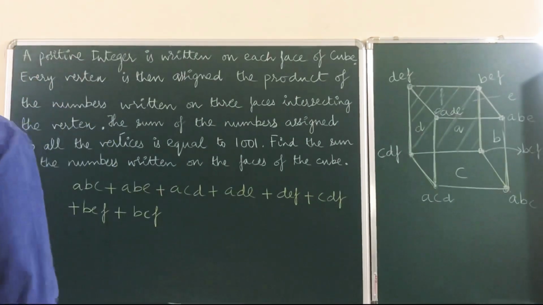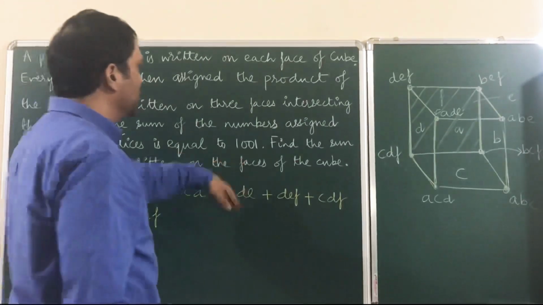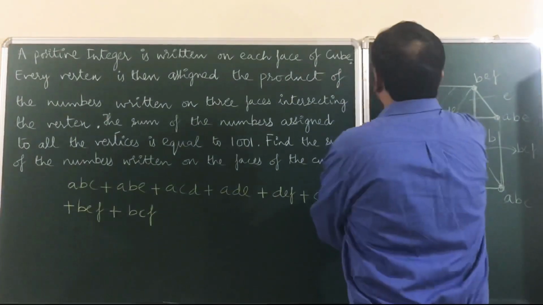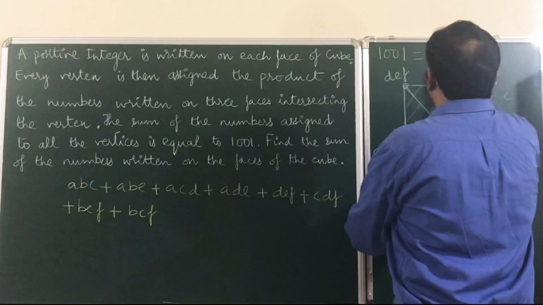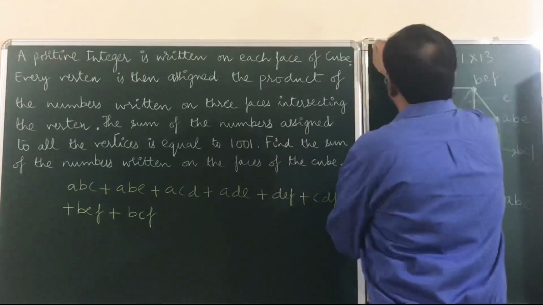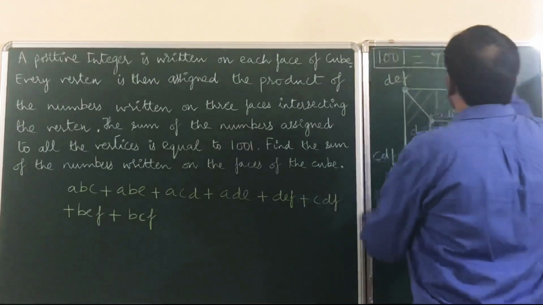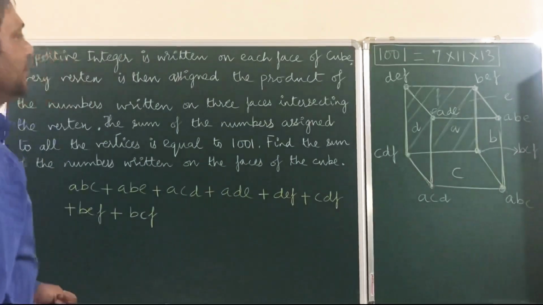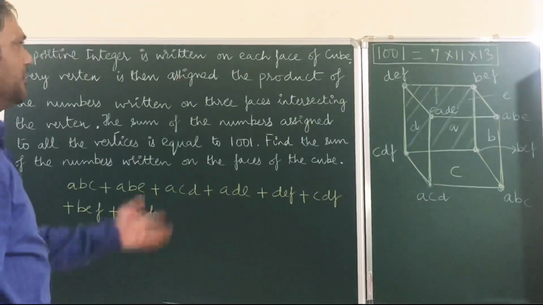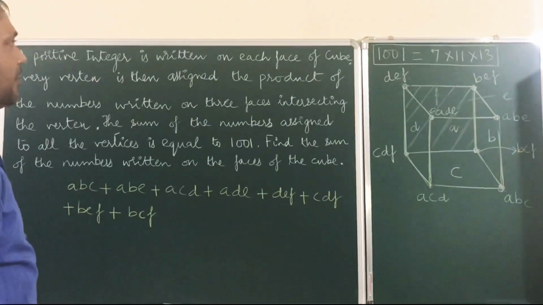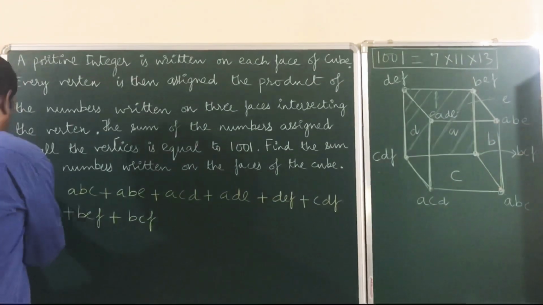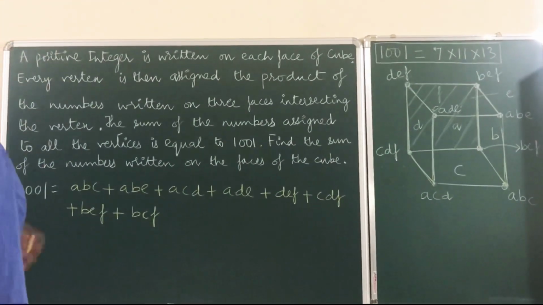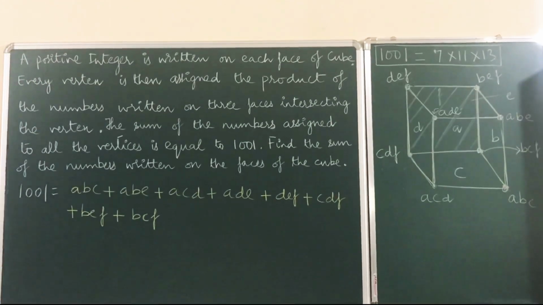Now we'll try to factorize it because we already know that 1001 is a product of primes. If I write the prime factorization of 1001, it is 7 into 11 into 13. I told you this in the lecture when we developed divisibility by 1001, and at that time I explained that 7, 11 and 13 are prime factors. So this summation is 1001. Now we'll try to bring this as a three-factor product and check whether we can do it or not.